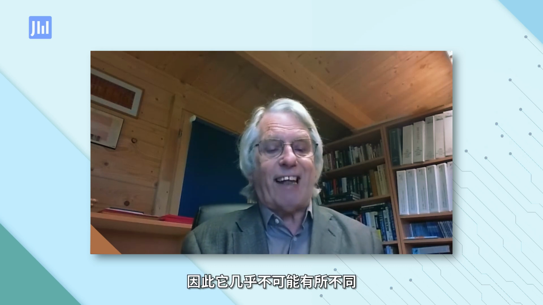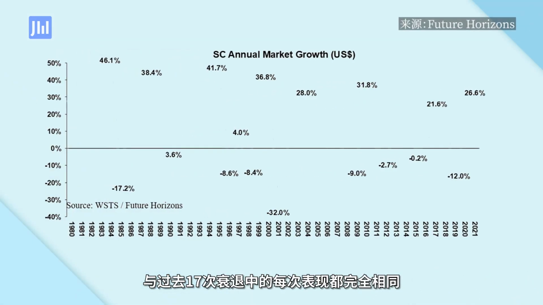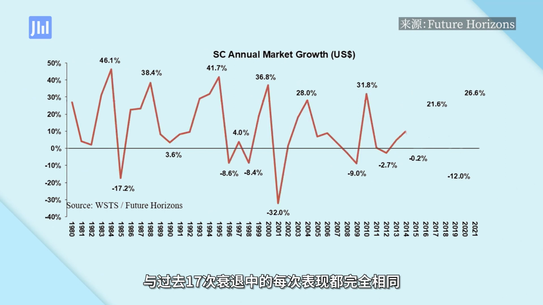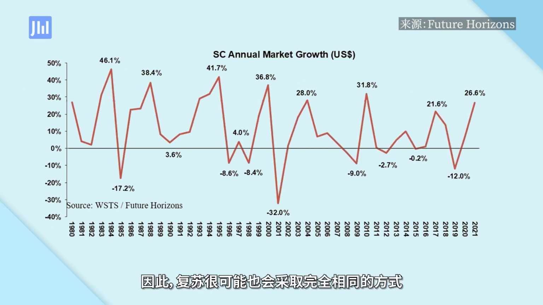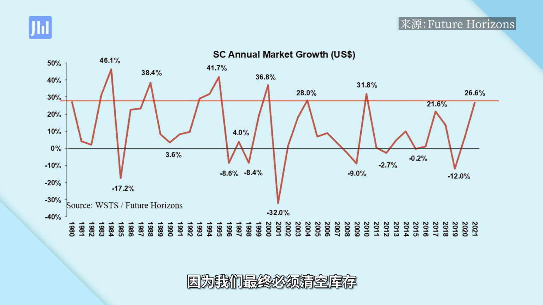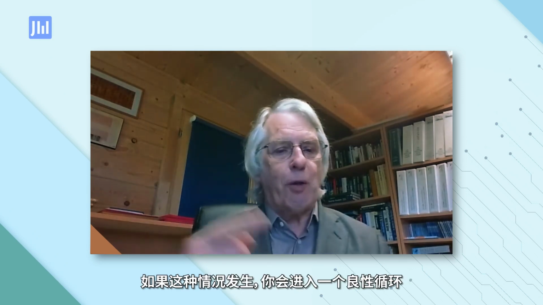It is rolling out exactly as the previous ones have. We've had three consecutive quarters now in this adjustment, and they're behaving in exactly the same way as every one of those past 17 downturns has behaved. And the upturn is likely to behave in exactly the same way, because eventually we will liquidate the inventory. We will have to buy more parts, because now we're not living off stock, we're living off what we're ordering. So your orders will automatically increase. That will stop the prices falling, because suddenly demand is going up, and prices may even start to increase. If that happens, you get into a positive spiral.